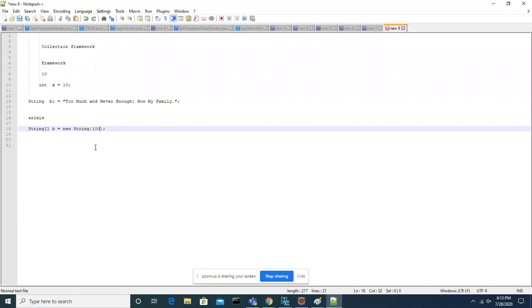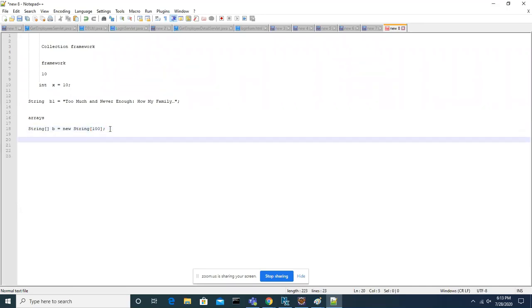Let's say I declared 100, but you can never always know. You cannot decide. If you are confident that you are going to store only this many, then only you can use arrays. Because if you don't know, let's say B of 0, like this you will store some information.